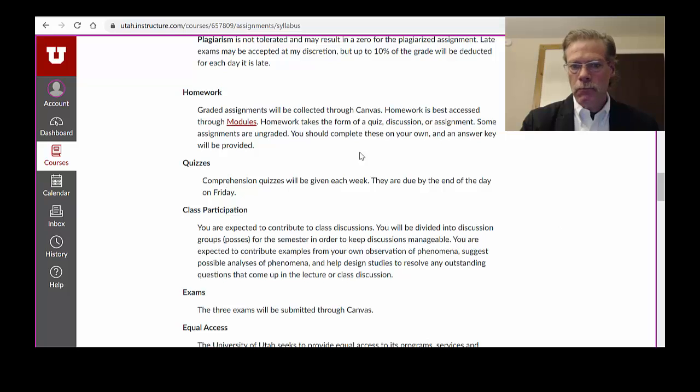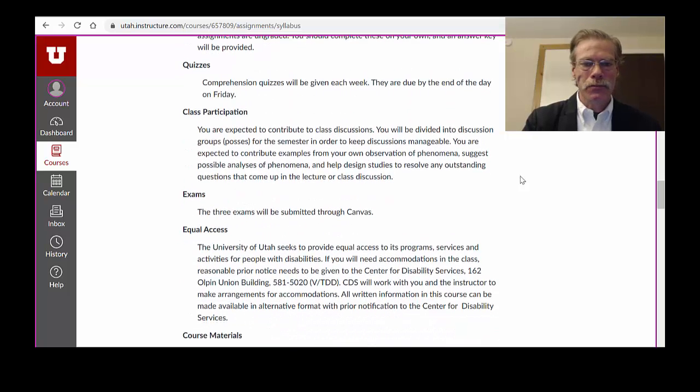Homework, again, it's through the modules. Homework is always going to be due either on a Tuesday or a Thursday. So those are the days that you should plan in your schedule as being days when you need to get it in by. You can get it done before that, it's just not after the deadline. So some homework will be due on a Tuesday, some homework will be due on a Thursday. Quizzes will always have the deadline of Friday. Again, you can complete them before the deadline, just not after the deadline. So you don't have to do it Friday, it has to be done by Friday.